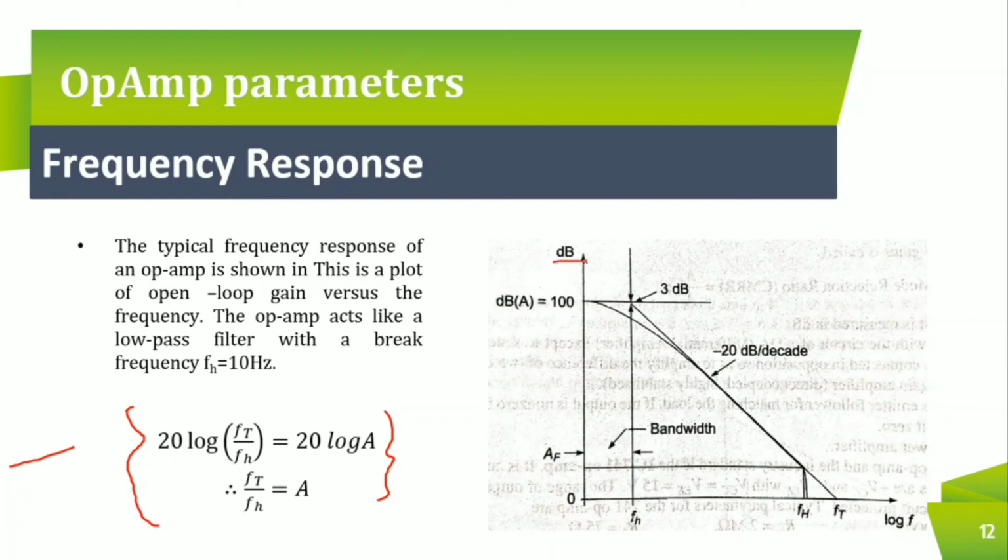In this graph, you have gain versus frequency. The highest frequency point is this one, and the lowest frequency point would be this one. In between these two, you can operate the op-amp. Whatever fall you can see will be minus 20 dB per decade. That is, it will reduce by 20 decibels for every tenfold increase in frequency.